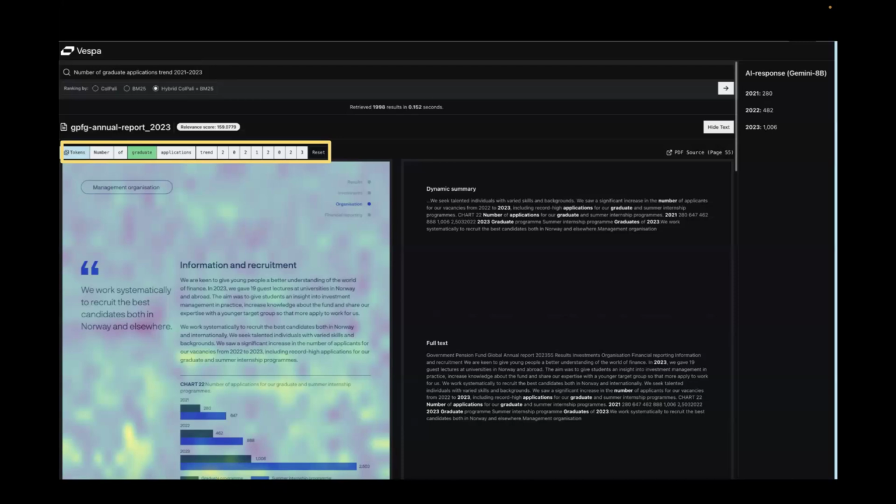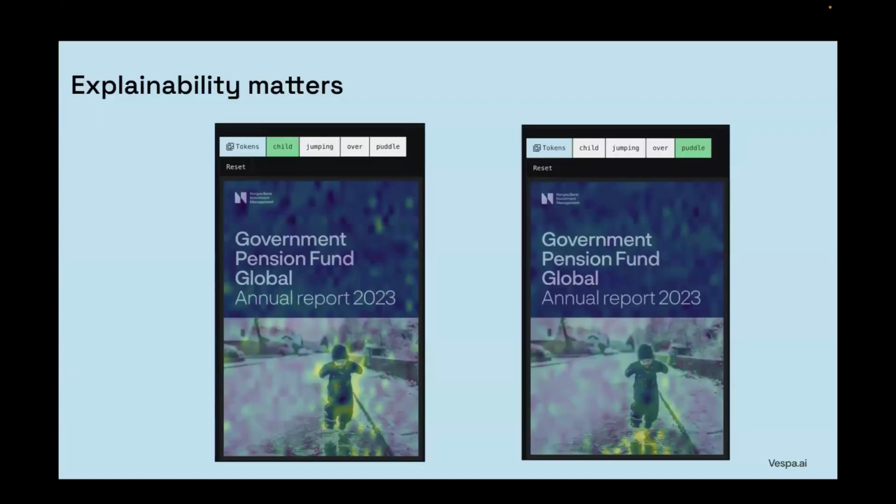That means you can actually visualize the similarity between each token and the image. You can see here, if you see graduate application, it highlights a bit where the word graduate appears here, and also in the legend. So that's interesting. Explainability matters in search, that you can see actually why is this image